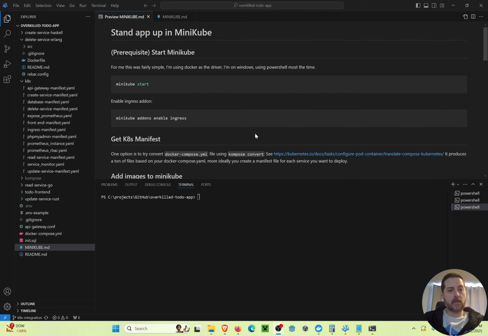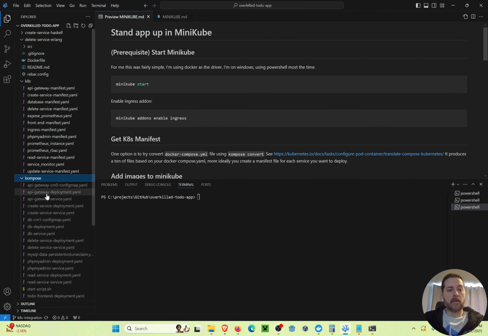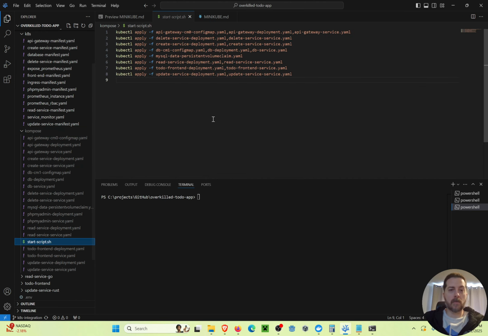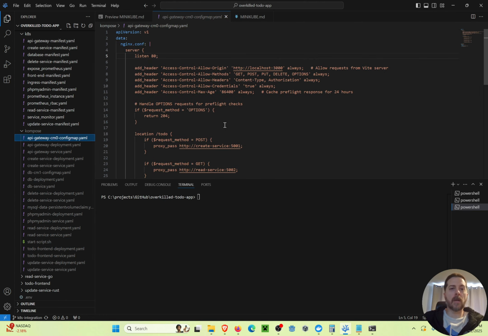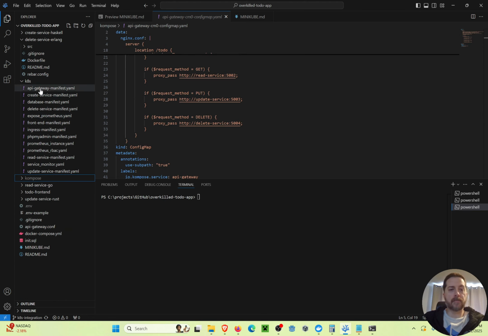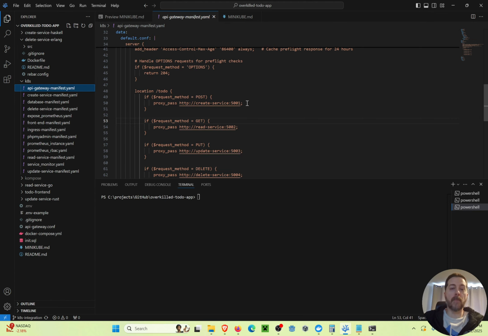I did use Kompose initially. I was trying the tool Kompose to convert the Docker Compose file over, but it got a little unwieldy. At first I was trying to create a script to apply them and stuff, and I was like, man, I didn't like the way they were turning out. So what I ended up doing is picking them apart, and I created more or less manifests